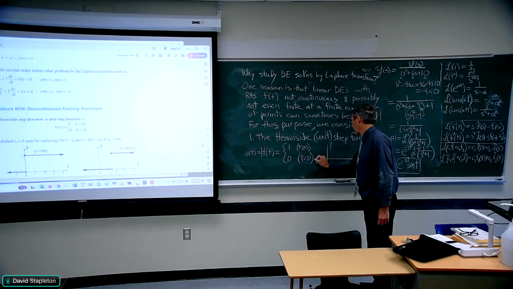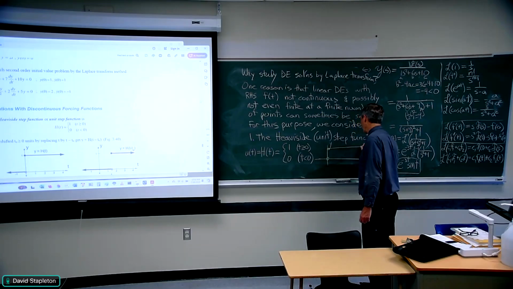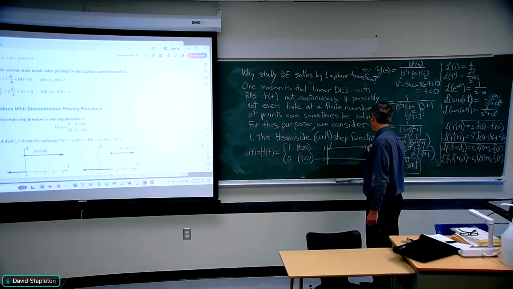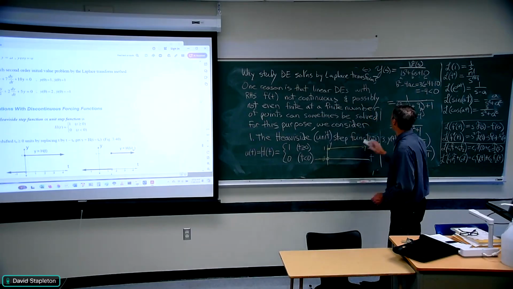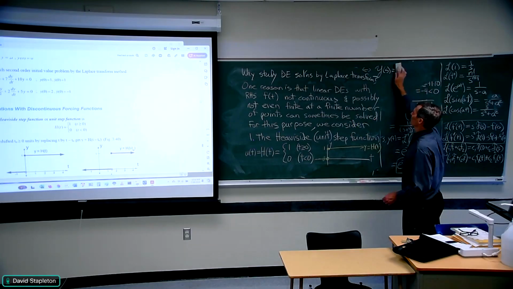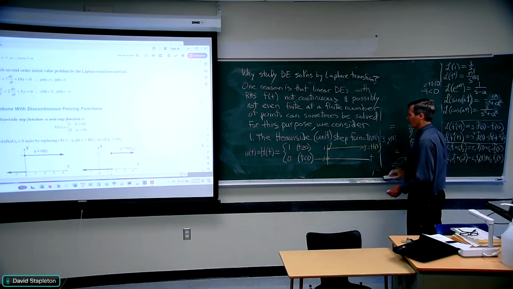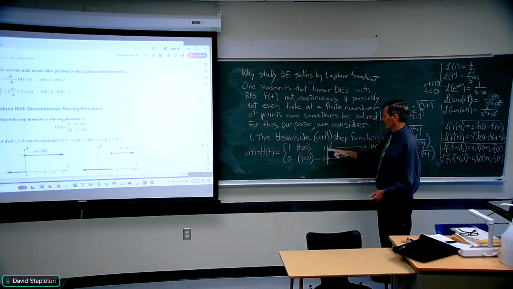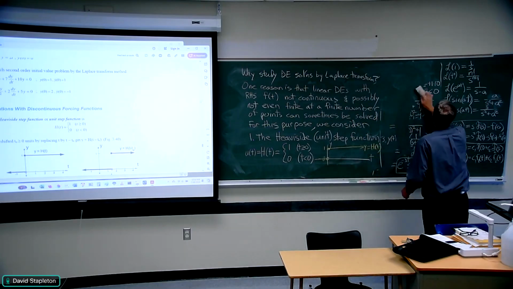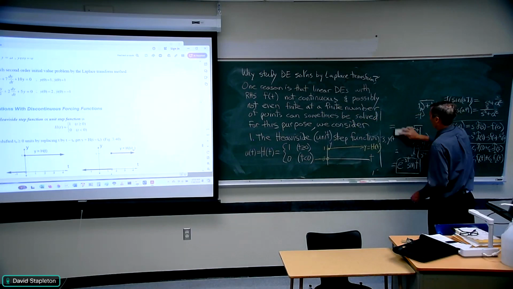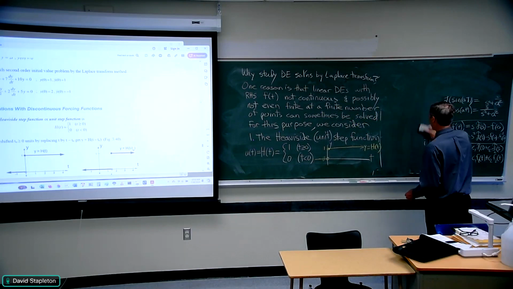It's equal to 0 along here, and then at t equals 0, it jumps up to 1. So it's a unit step from 0 to 1, right? This is y equals h of t, the unit step function. Well, what if we're not going to make a jump at 0? But the idea is here I attach a battery at time 0 and it jumps from 0 voltage up to 1. Or when I was working at the FAA, we had an interesting problem where